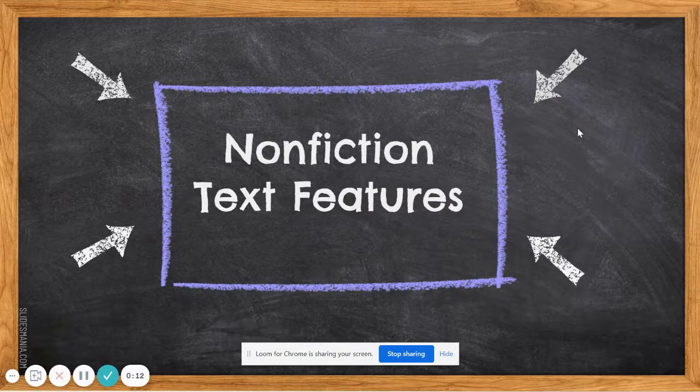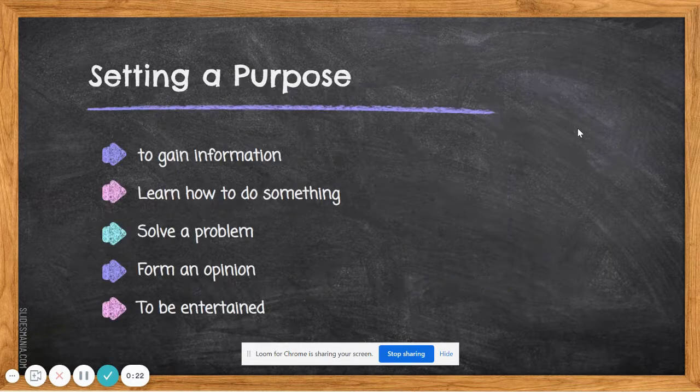Nonfiction text features can help a reader become familiar with the type of text they are getting ready to read. Text features also help readers to set a purpose for reading. For example, a reader may want to gain information, learn how to do something, solve a problem, form an opinion,